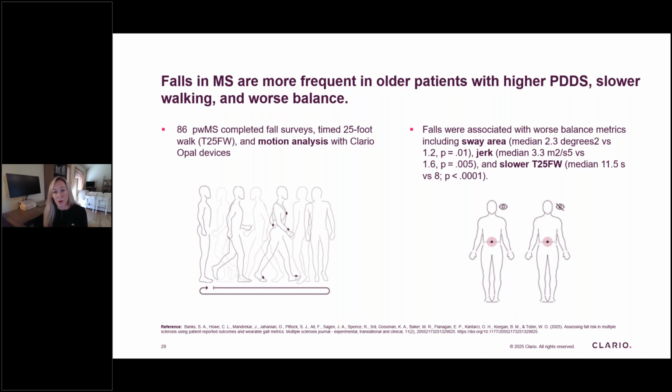But if we look even earlier, before there's the disruption of a slower walk test, we can see some of these other endpoints that demonstrate impairment earlier. So if we go to the next slide,